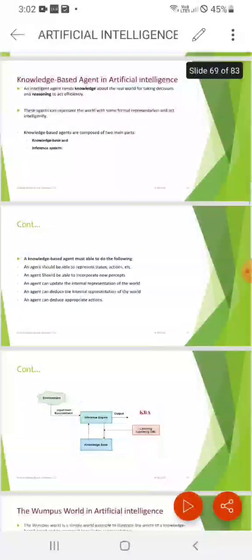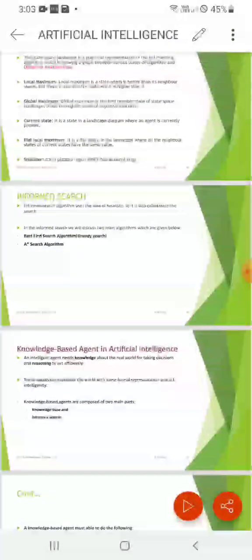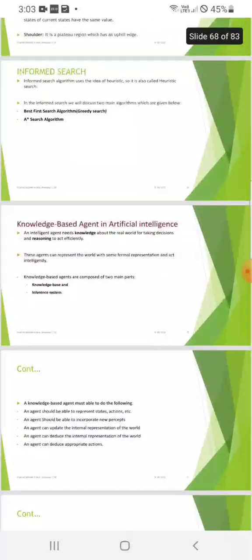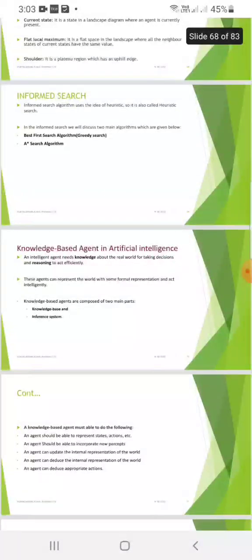In the options, if you get this, it is the better choice to choose this question. And in tomorrow's class I will start with informed search. So this knowledge based agent is the second unit, and informed search is the pending thing in the first unit. We have already seen uninformed search, DFS and BFS, and we saw the hill climbing algorithm also. In tomorrow's class, I will teach you the A star search algorithm, which is also an important